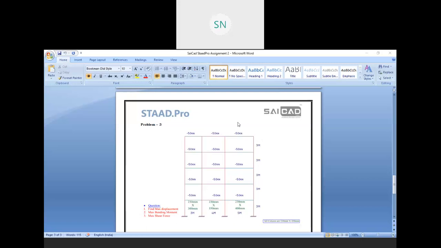Okay, no problem. So try to solve this assignment 2. If you have any confusion in problem 3, then we will discuss it in our next class on Saturday. On Saturday we have a reinforcement class, so you will learn how to get the output about reinforcement steel detail.